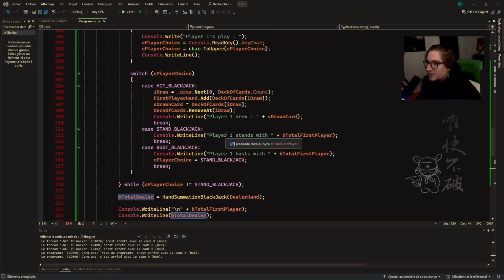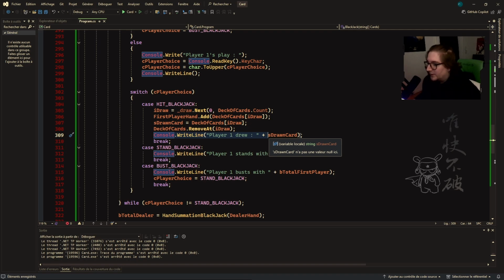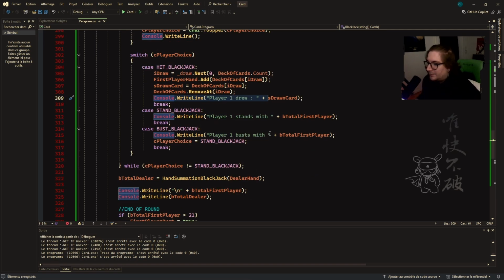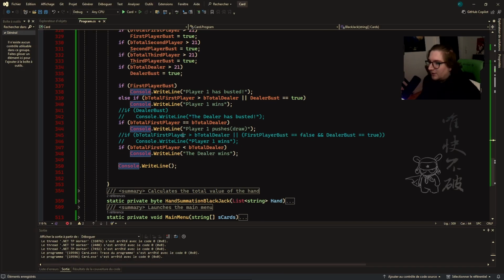If we go back up, let's start with up here. Okay, so we fixed the formatting with some new lines and stuff. What we've done is we've added a string which is called sDrawNCard. So when we draw a card during our play, when we hit, we assign that same drawn card to this string here, and then we write that we drew the card. So that way we can follow a bit easier and make sure it lines up. And then when we go down to the conditions, I've left these in comments for now just in case, but what I've done is